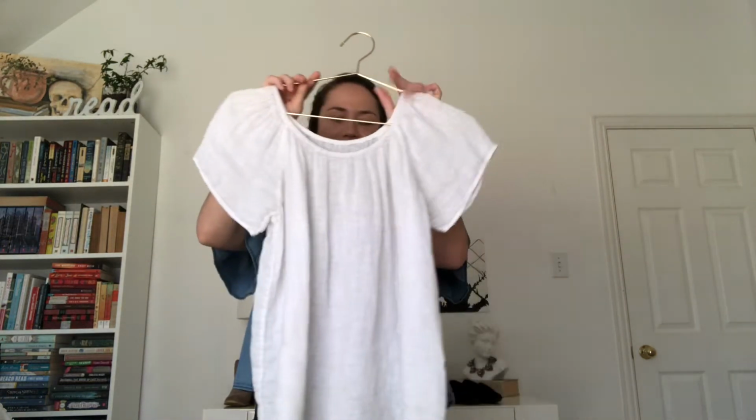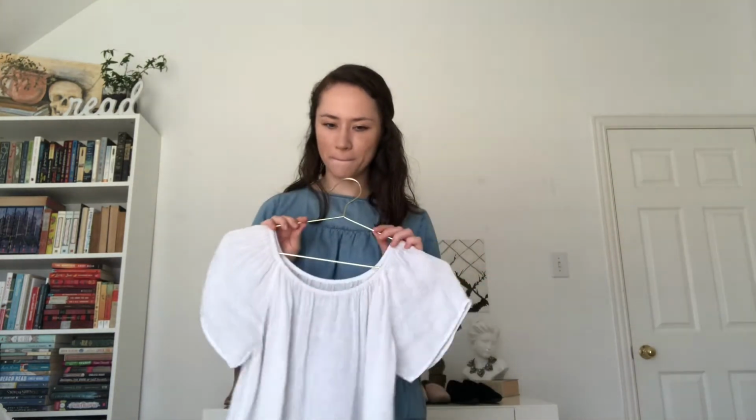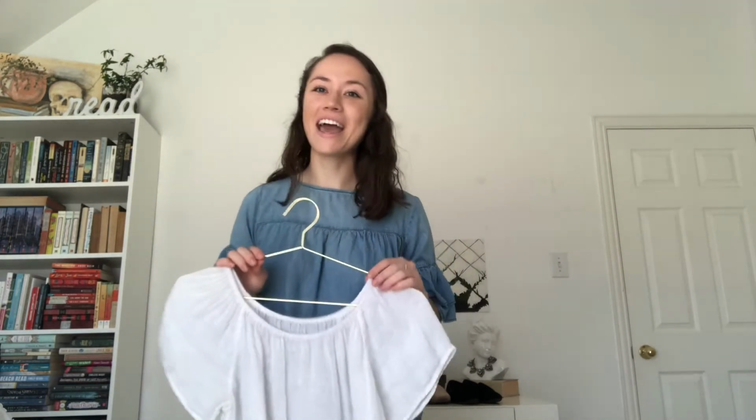This white linen shirt is a perfect piece for spring and summer, and it is also one that works with all of my pants and all of my skirts, so really no complaints about this. I thrifted it through, what is that called? Poshmark. Yes, I thrifted it through Poshmark, and I really like it because it's 100% linen, so it's very lightweight